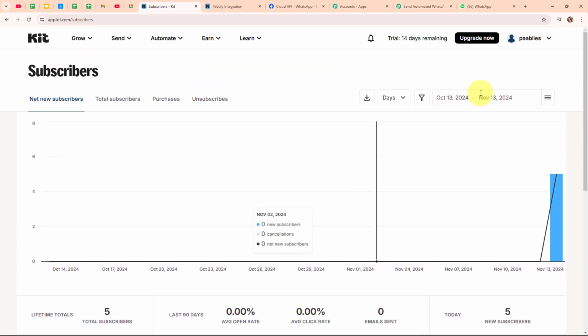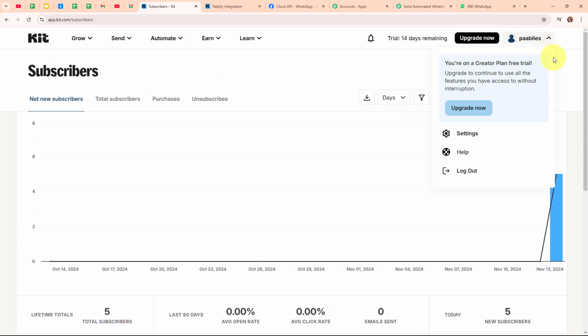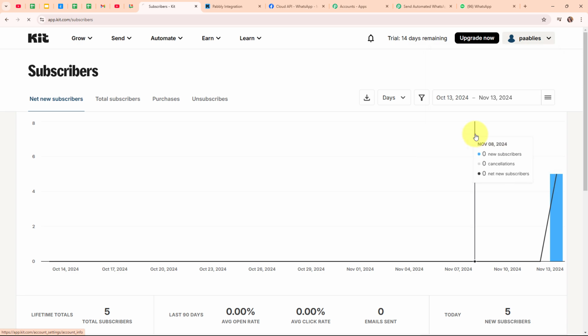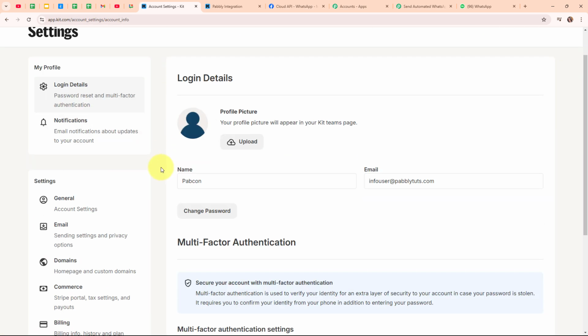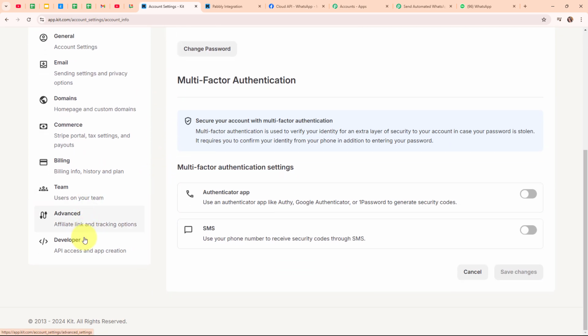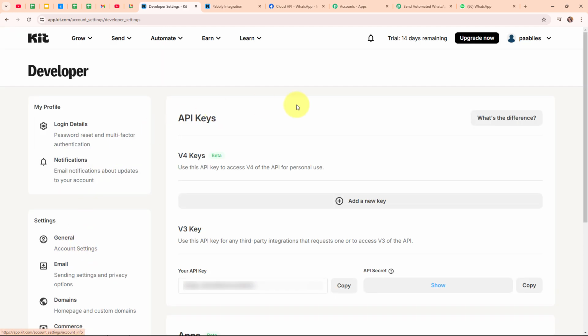And from here in my Kit account, I'm going to click on my profile icon. And from here, I'm going to click on the settings. Now here under settings, I'm going to scroll down a little, and from here I'm going to click on this developer option given over here. And here under developer, you can see we have received the API keys, where we have received the API key and the API secret. So now I'm going to copy both of the API keys and paste in my Pabbly's